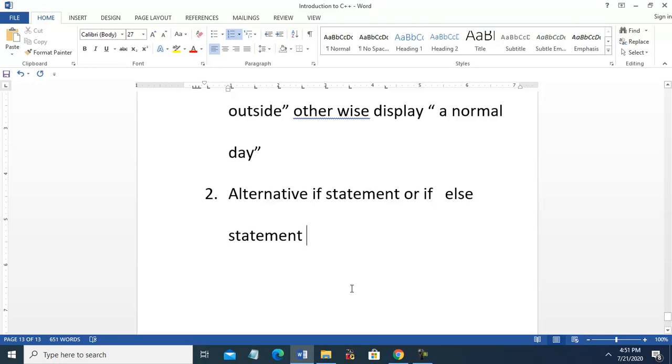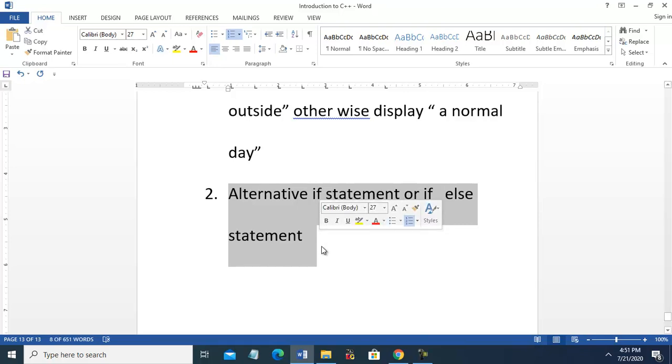Instead of using two statements together, for example, when we want to compare a value and we know there are only two results, this statement is used for two results only, not more than two. Then we use the if else statement only for two results.